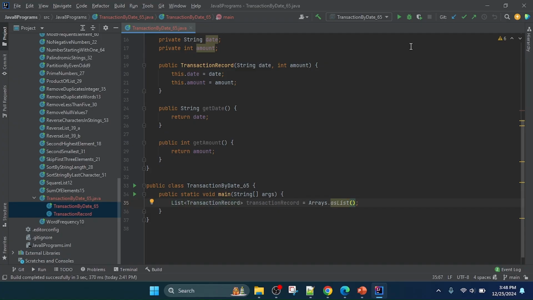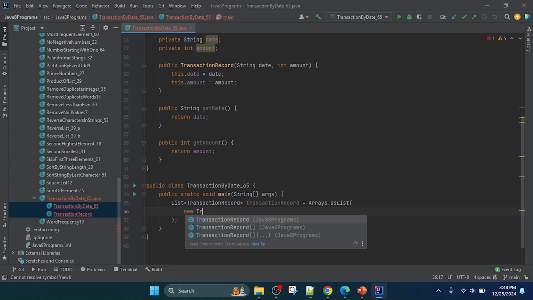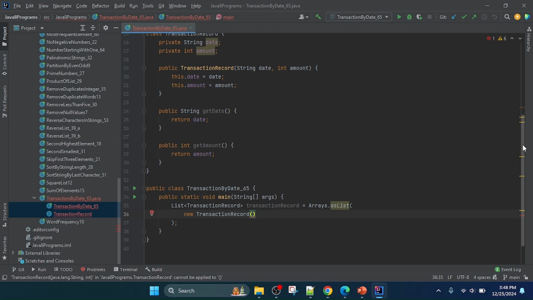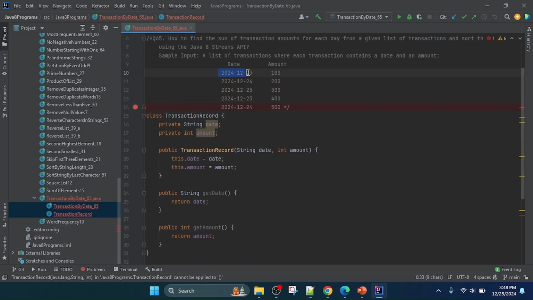So in this list we need to set the value, or we need to initialize the value. So here I will use new, and then the constructor name. So here I will use TransactionRecord. So friend, you can see here in TransactionRecord we need to pass two values, date and amount. So if you see here the transaction date,